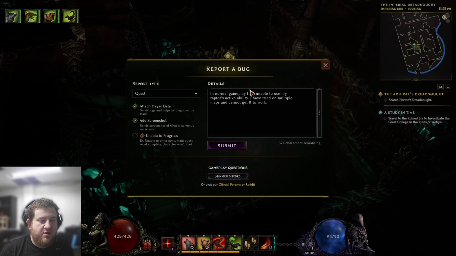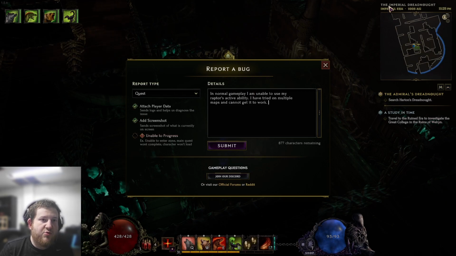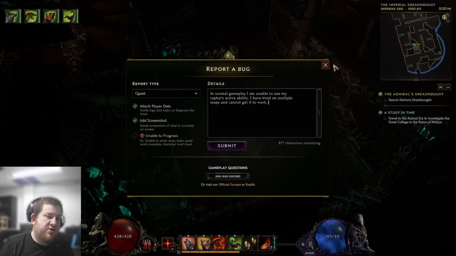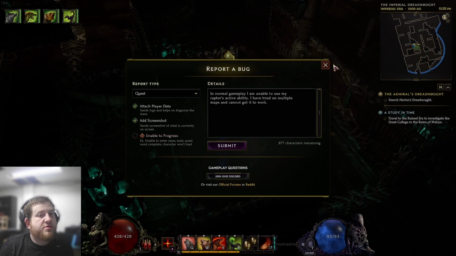Simple enough. If you attach your screenshot and your metadata, they will be able to go in here and see which maps you've been on recently, and maybe it might be that, it might be your build, there could be a broken item, a broken passive, something like that that's causing this issue, and the more data you can give them, the better. Now also, remember, this is a large game